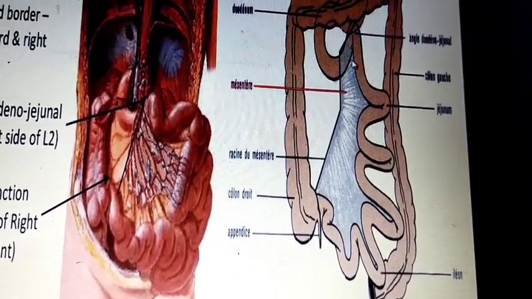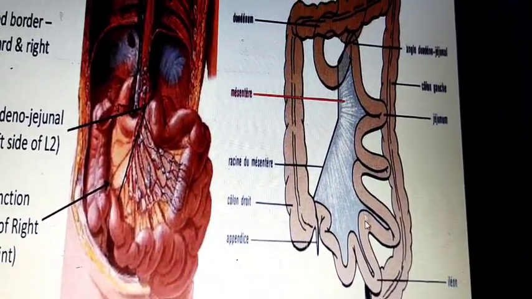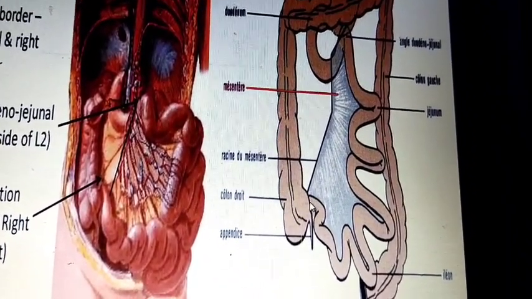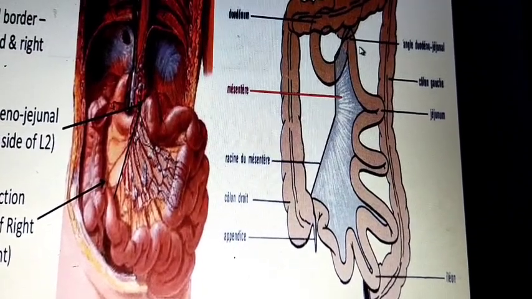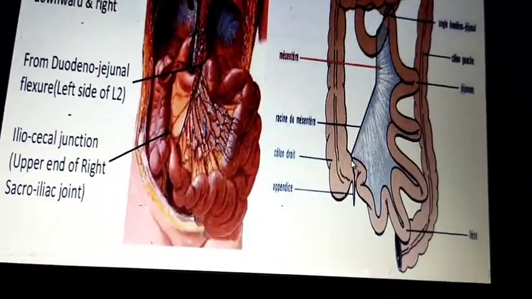The jejunum and ileum, where do they start? It starts from the duodenojejunal flexure, and the ileum ends at the ileocecal junction, at the level of L2 and at the right sacroiliac joint.